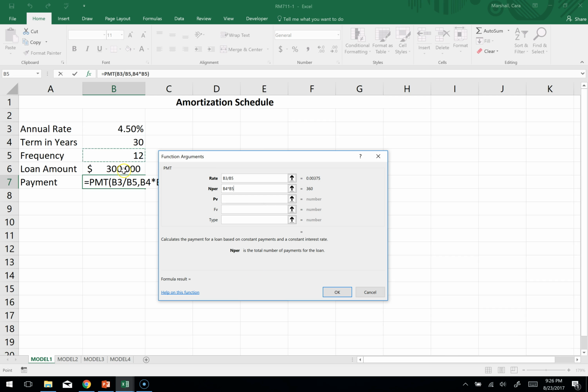And so the loan amount is next, $300,000. That's going to go in as a present value. We're borrowing that amount today, and we're going to pay it off so that in the future, there will be nothing left on the loan. So the future value here would be 0. Present value is going to be $300,000,